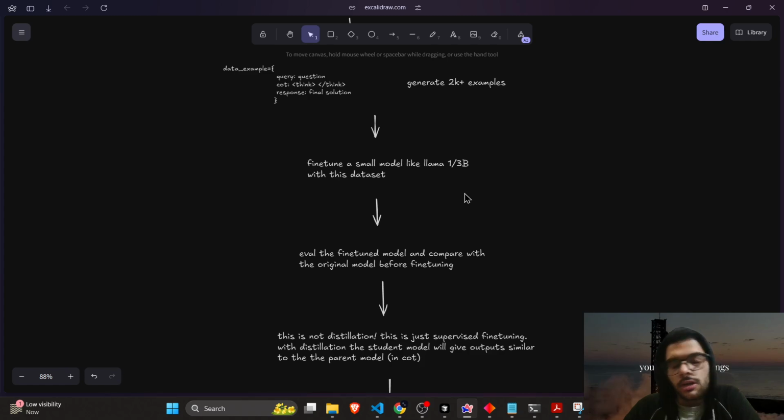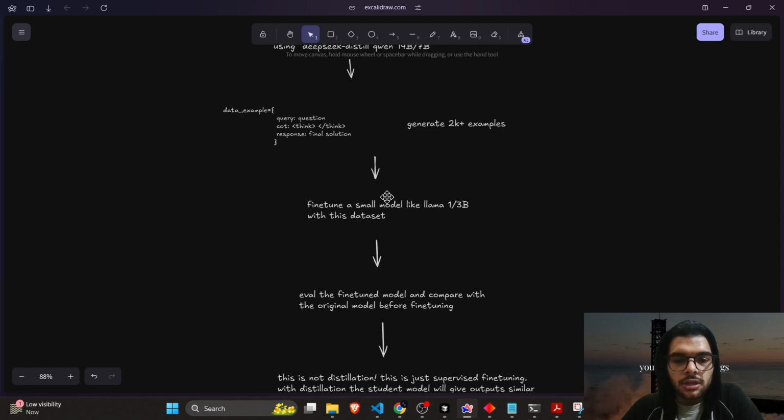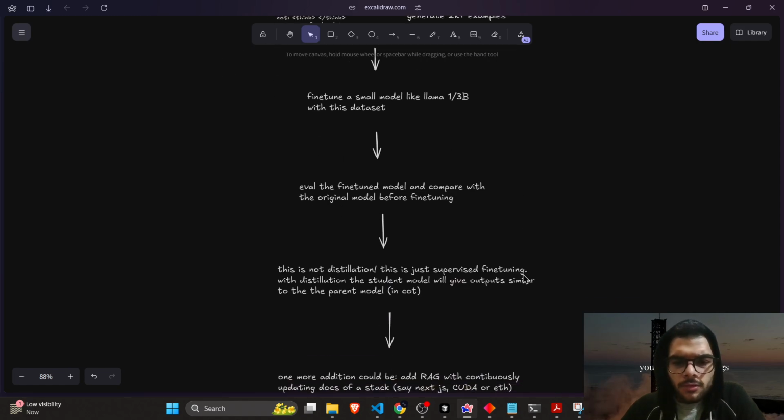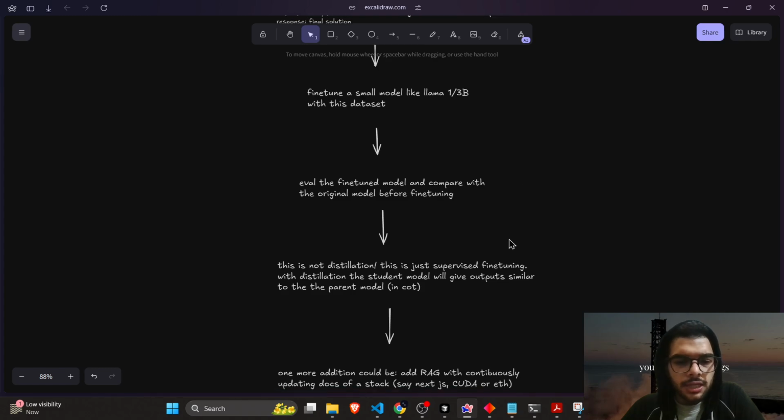That should tell you if it's worth it or not, because I don't know right now if it's good enough to do this, since Llama 1B and 3B would already have some coding knowledge. But let's see, this will only come out after the eval.